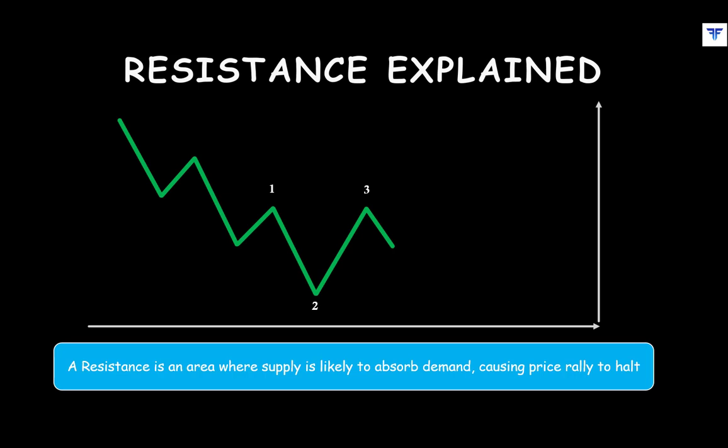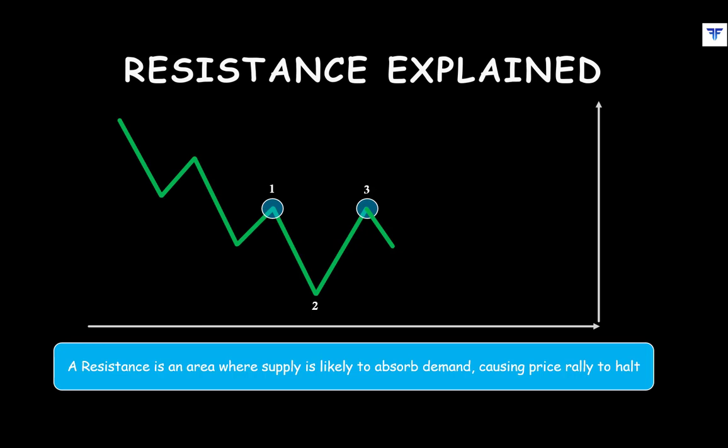In this chart, from point 1, notice that the price declined till point 2, from where it started rising. This rally from point 2 ended at point 3 before price started falling again. Now if you closely observe, you will notice that point 3 terminated at essentially the same level as point 1 before starting to move lower.